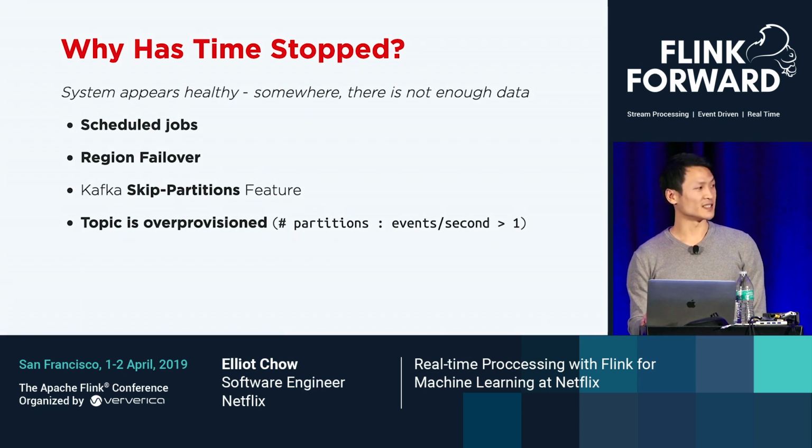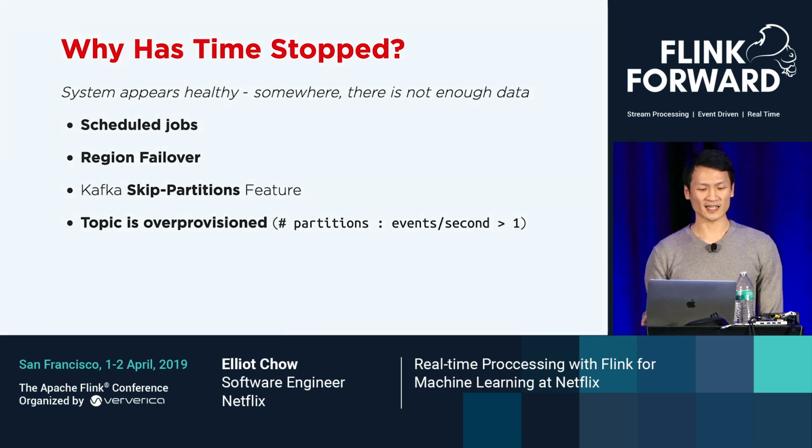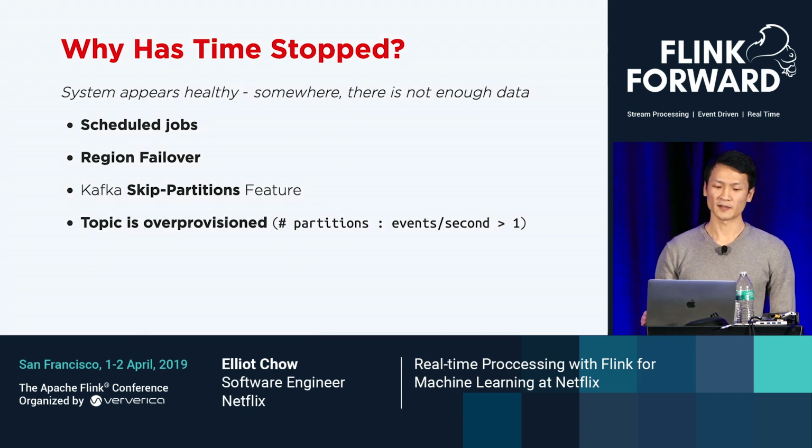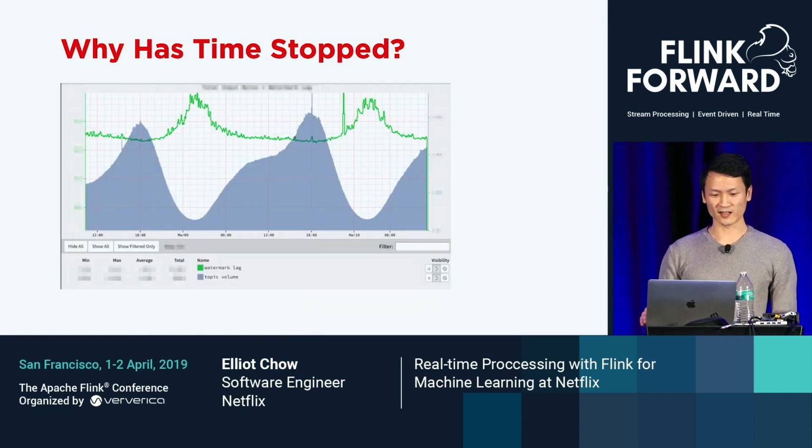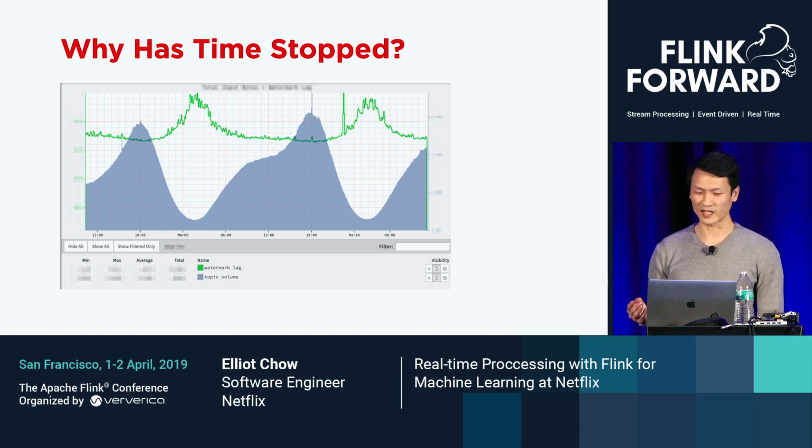Another not-so-obvious case is that your topic may be over-provisioned. What I mean by that is the ratio of the number of partitions in your topic to the events per second that you see is much greater than 1. Basically, this means that there isn't enough data to actually move the clock forward fast enough overall. And these are some metrics that we had seen before that describe this counterintuitive behavior,